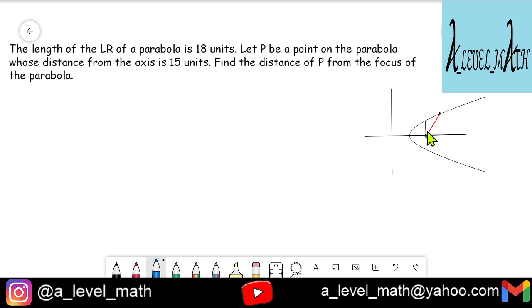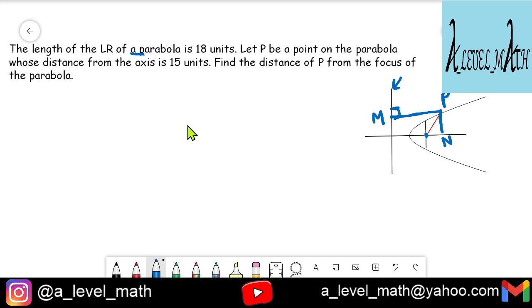We have to find out this distance. Okay, so first of all, we draw these distances. So let's assume this point is P. Let's call this point where this perpendicular from P on the directrix. So this line is my directrix, and so we assume that the perpendicular on the directrix from P cuts the directrix at M, and another perpendicular from P on the axis cuts it at N. Alright, and we are given that the length of the latus rectum is 18 units. So we are given the distance of the latus rectum. That means this distance, the entire latus rectum, is 18 units.